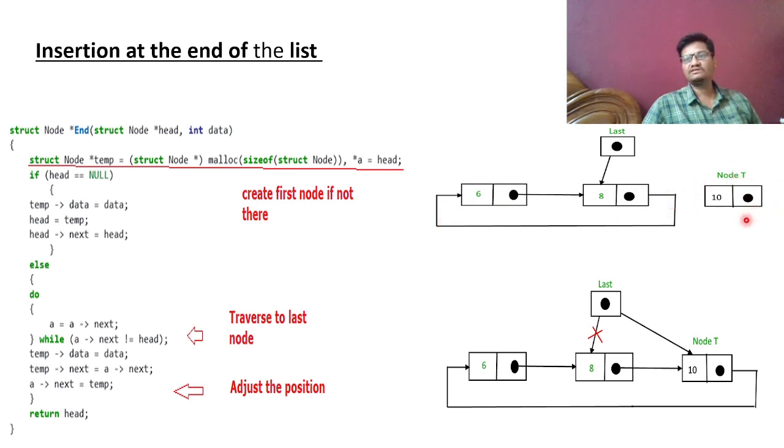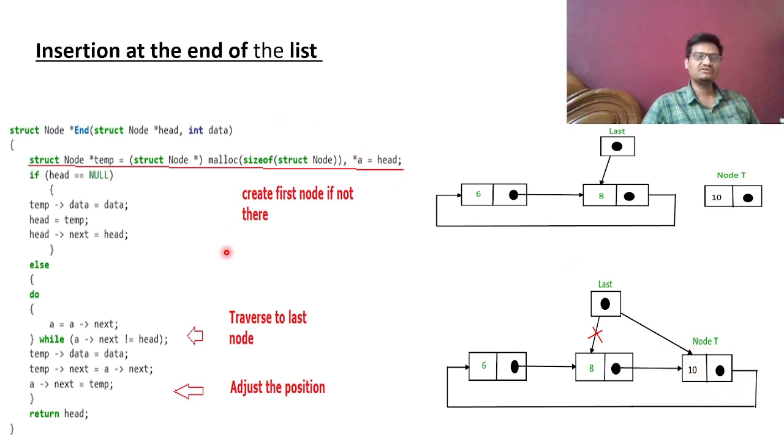And here, this one is the new node having data 10. We need to insert this node after this node. I mean, this node will act as the last node. So after insertion, the newly created circular linked list will look like this. Now it will have three nodes, 6, 8 and 10 as the data parts, and the last node with data 10 will link to the starting address, and the previous node will link to the newly created node.